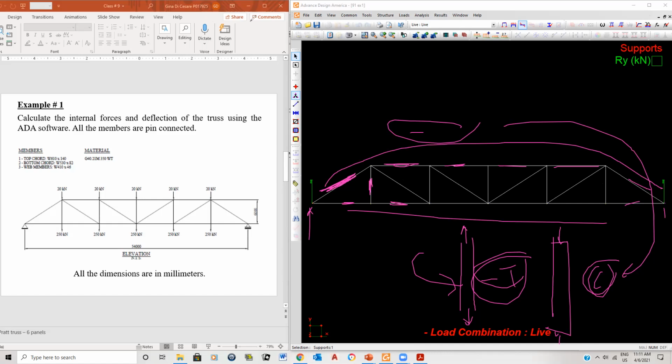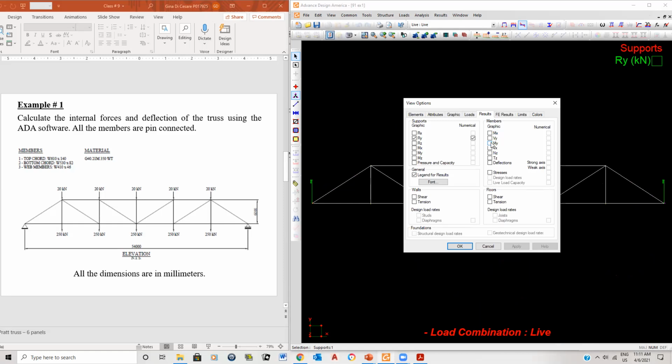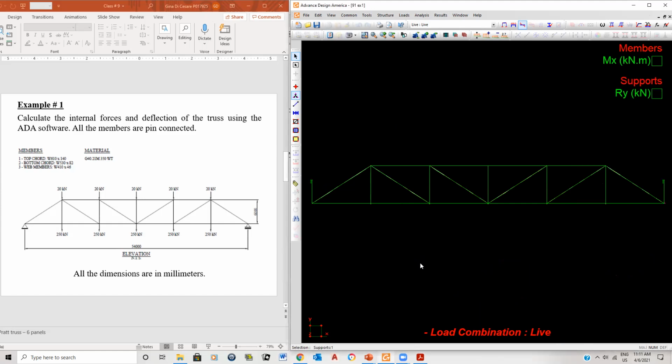As a matter of fact, I'm going to show you, okay? For example, people say, well, I'm going to do MX, okay? You're going to see 0. Apply, you won't see any results. And that makes sense. You're not supposed to see any moments. If you see moments, that means you haven't modeled it properly because it's not a pin structure. Okay, they haven't been pinned. So therefore, now the only axial force you see, okay,